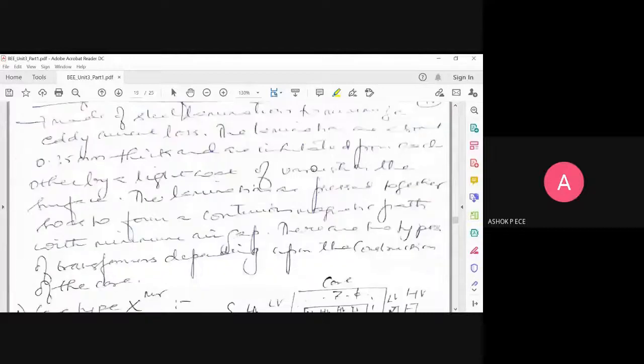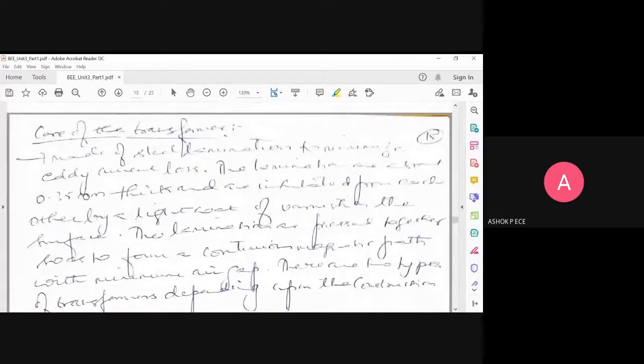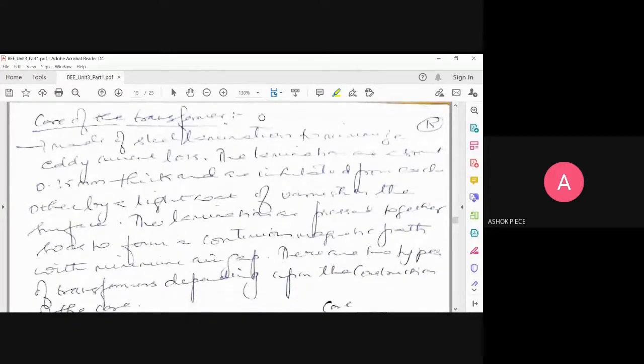We are going to see about each and every part of the transformer. So as and when you have any queries, you can stop me then and there and ask your queries. Okay. So first one is the core, and as I told you, the core has two losses,